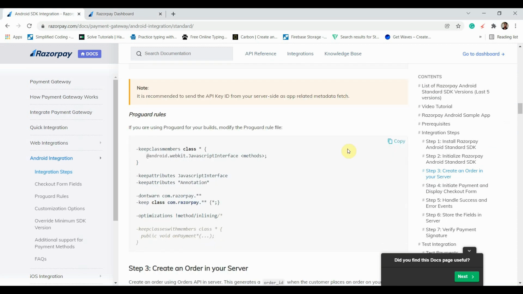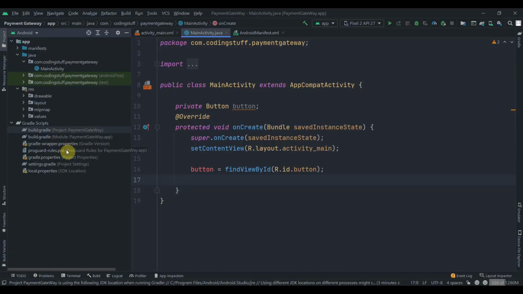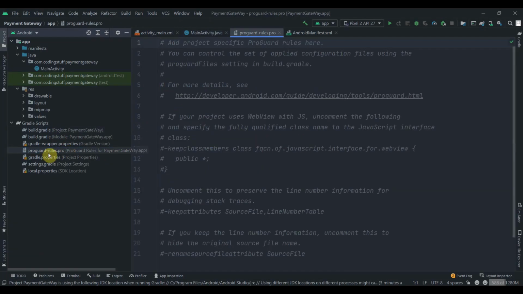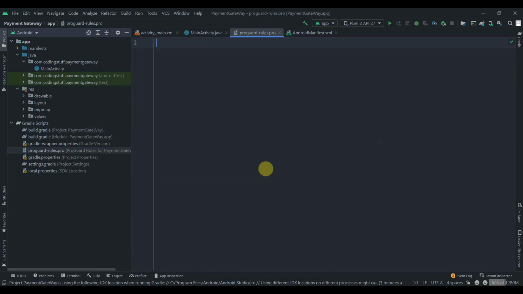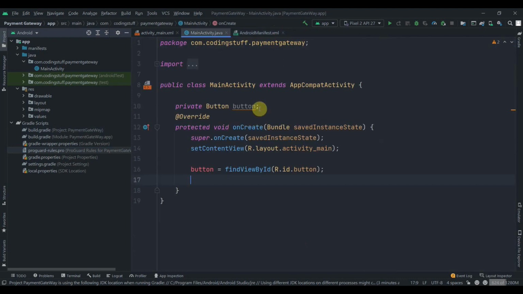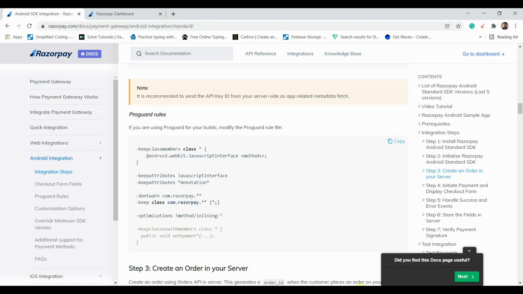Then in here, we need to add these ProGuard rules. So just copy it, go to the setting, and as you can see over here, we have the ProGuard rule. So select all, delete this, paste it. Okay, so don't worry for these errors for now, at least if we are in test mode. So we'll close it, and